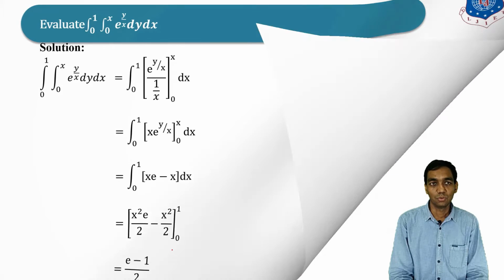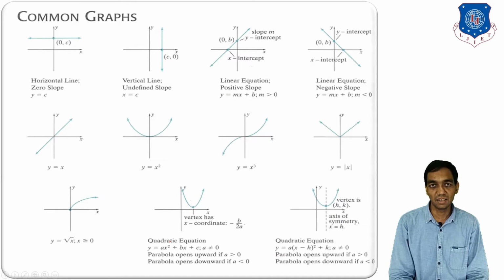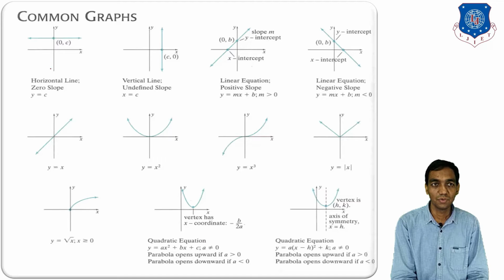Okay. Now these are some standard graphs. From now onwards we are going to put the limits ourselves. If the limits are not given, for that you have to remember some standard curves. So here we have given some standard curves. The first curve is a horizontal line, y is equal to c. In the same manner, the vertical line x is equal to c, which is passing through (c, 0).